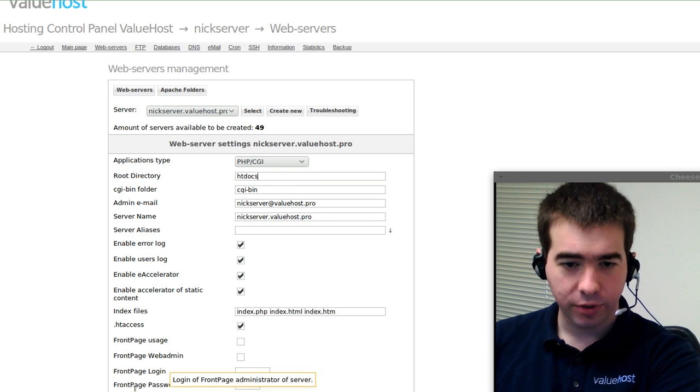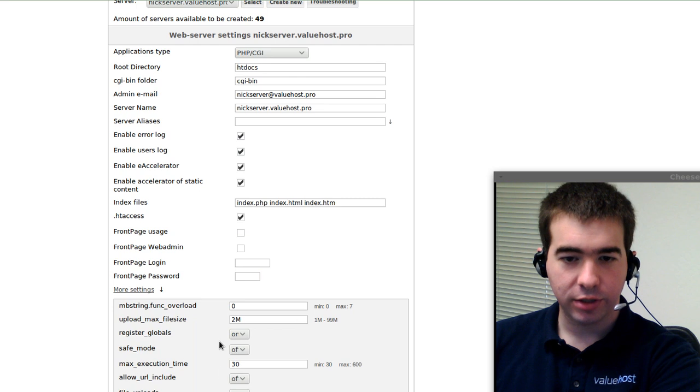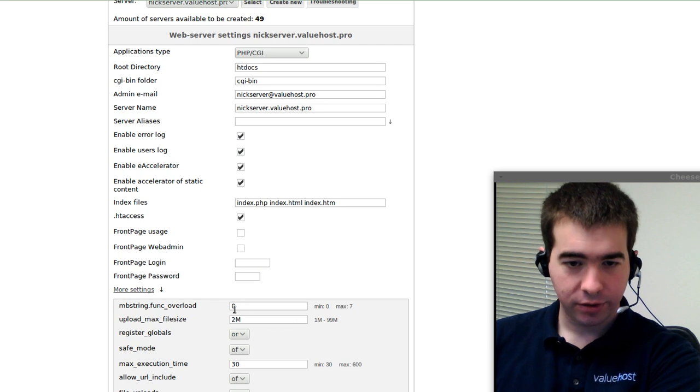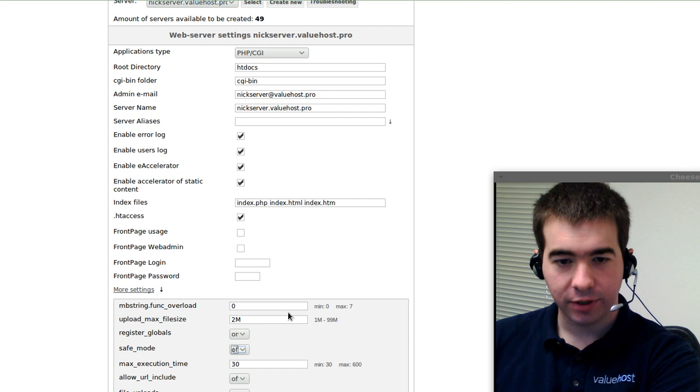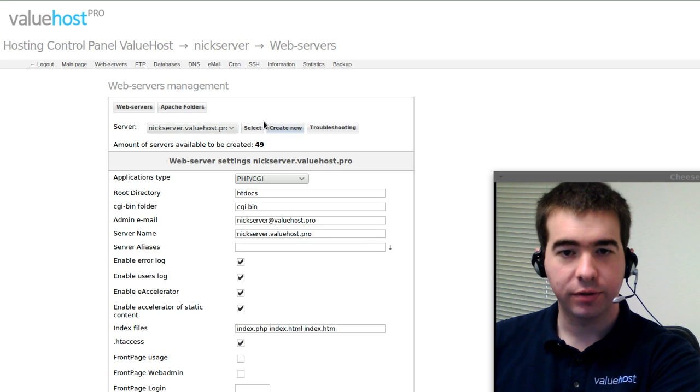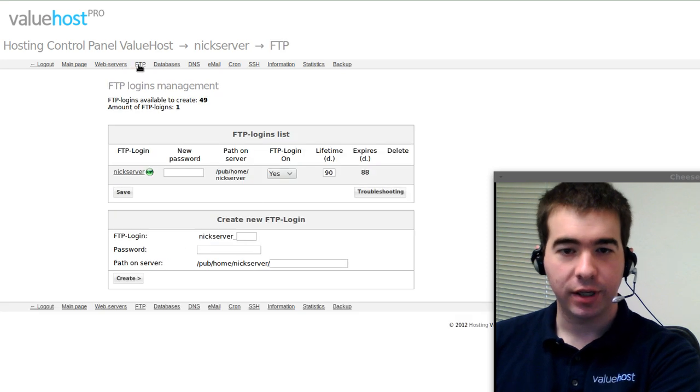Also, if you go on down to where it says more settings, then you get to make some changes for your PHP stuff. So you can turn register globals on and off, safe mode, that's important if you're doing development stuff. You can also change the file size for when things are being uploaded, if you want to override the defaults. So from web servers we can move on over to the FTP tab, and here we get to